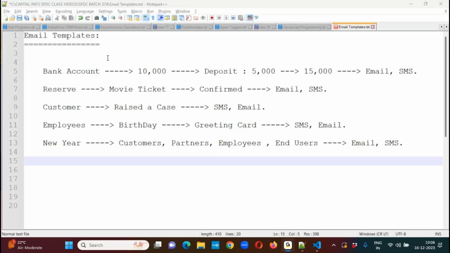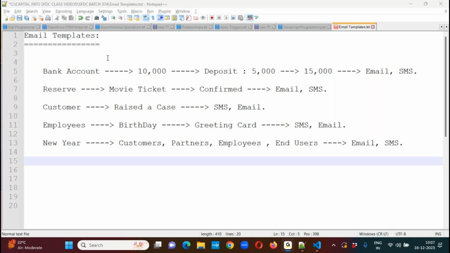Now you can raise a question: sir, why has Salesforce prepared these email templates? Because Salesforce is not only providing the platform, they have given a CRM application also. We have some ready-made applications inbuilt in the CRM: Sales, Service, Marketing, Content, Chatter. So many applications are available. As part of the Sales application, Service application and Marketing application, Salesforce is sending some email notifications automatically. In order to send those email notifications, Salesforce has already prepared some ready-made email templates,